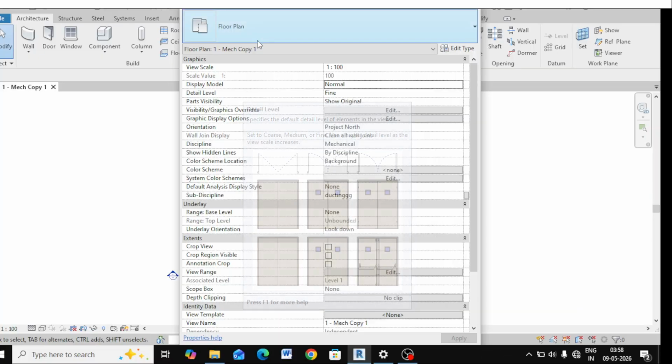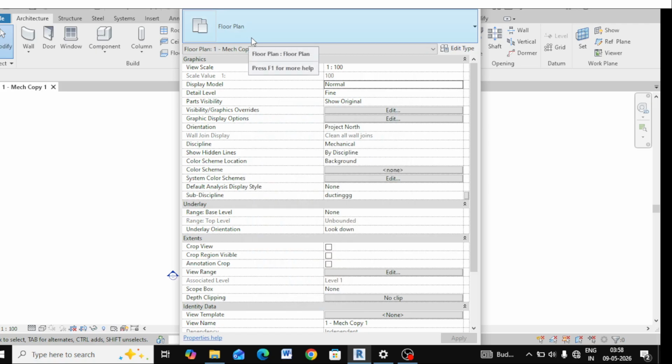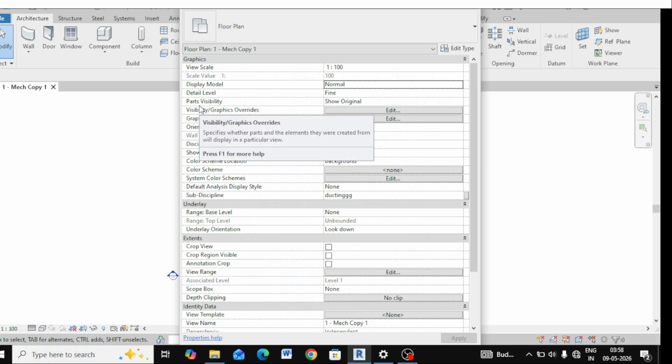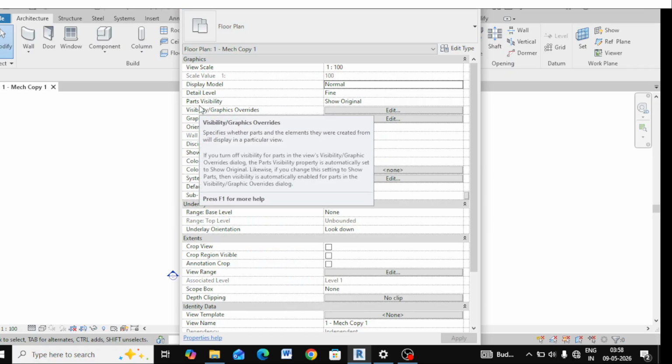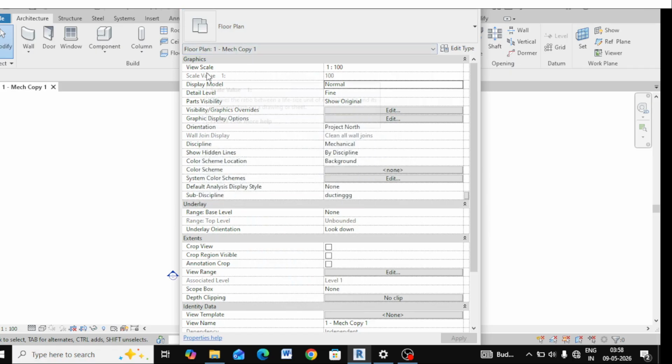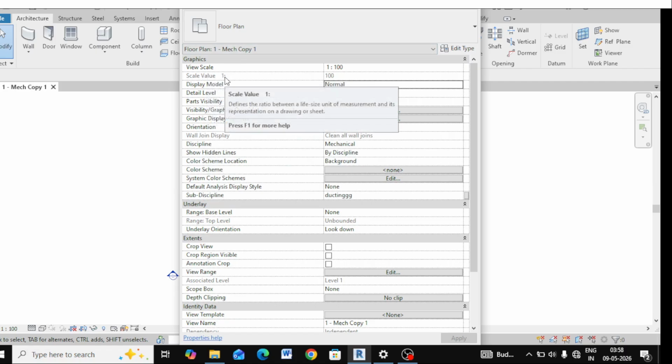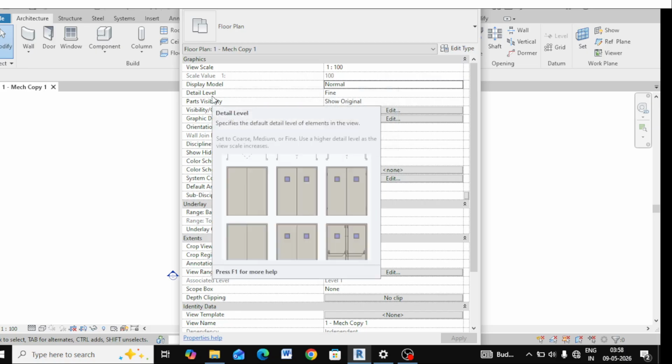Today I'm going to explain properties of floor plan. So under floor plan properties, we have so many groups available. First, graphics. Under graphics, we have so many parameters. So we'll check one by one. First one,